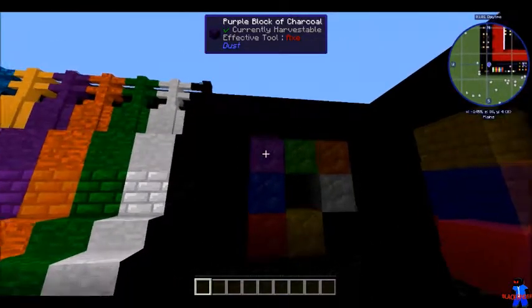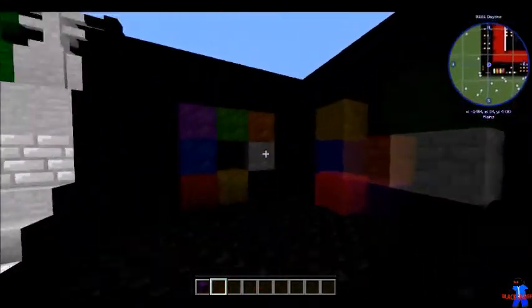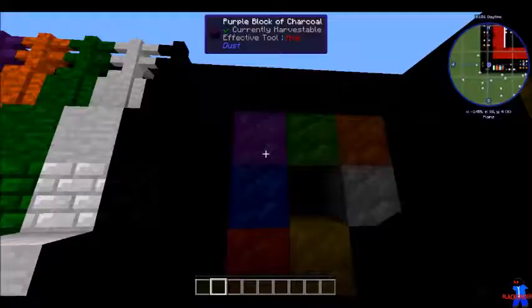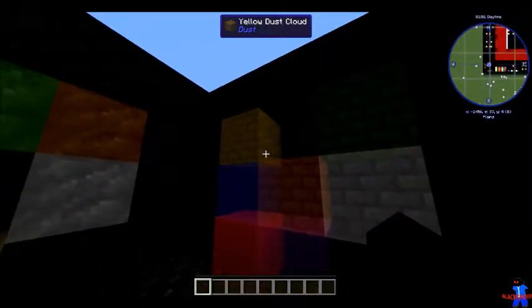Also, there's different colors of charcoal. So when you burn the logs of the trees, it comes out with different colored charcoals, which I don't know what they do at the moment. The only thing I know is that they just burn. Burn, baby, burn. Yeah. There's also clouds in the mod, but I have not seen any clouds anywhere yet,